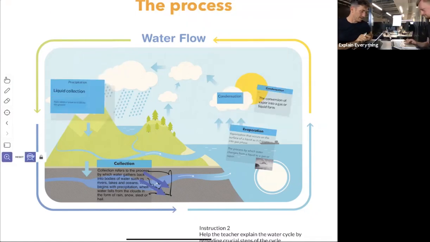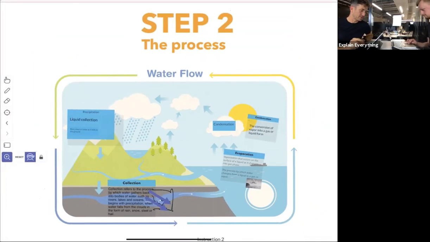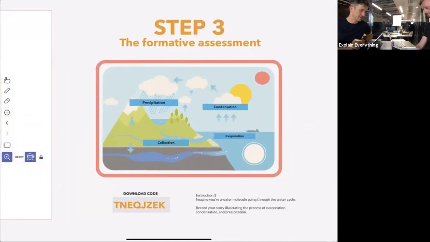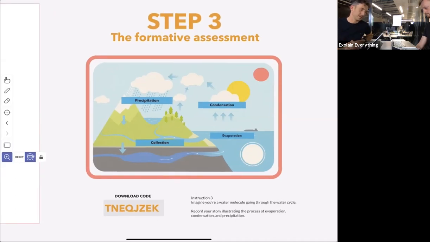Great, absolutely. So that's step number 2, where the process was co-created by students, where the teacher was providing information about the entire cycle. The part of what you mentioned, Sam, is also something that we want to demonstrate in step number 3, which is an assignment that can later be provided to the students to illustrate their understanding of the cycle in their own words. So let's imagine that it might be a homework assignment, it might be something to do at the end of the lesson. So let's imagine a situation where students have their iPads